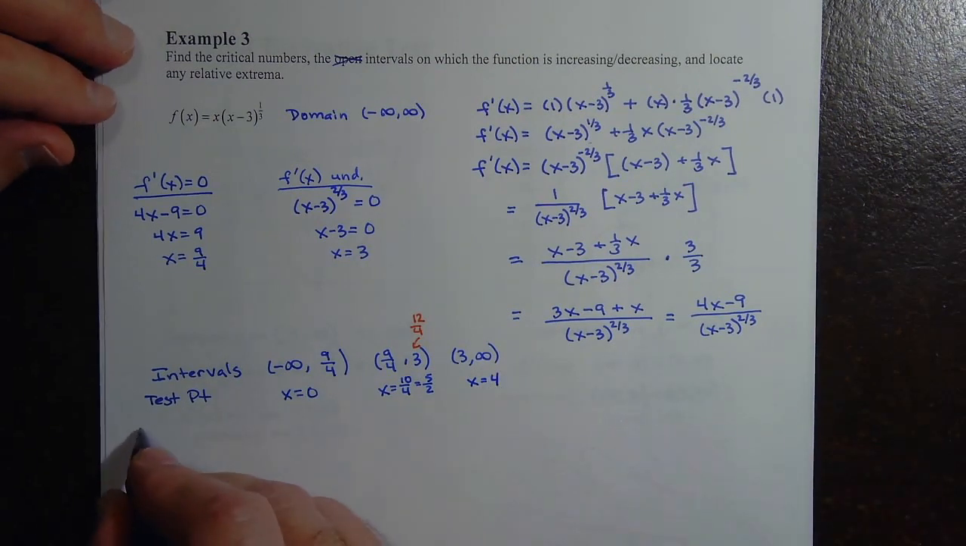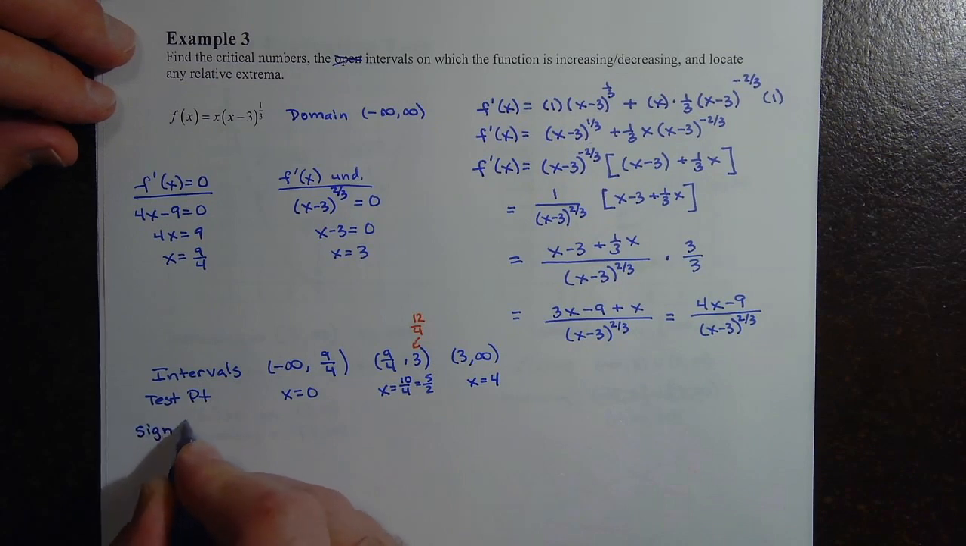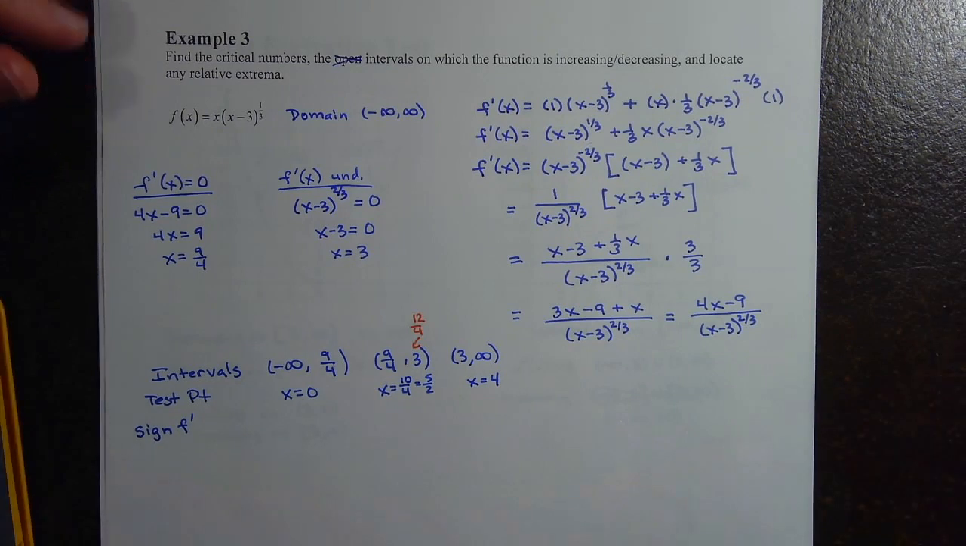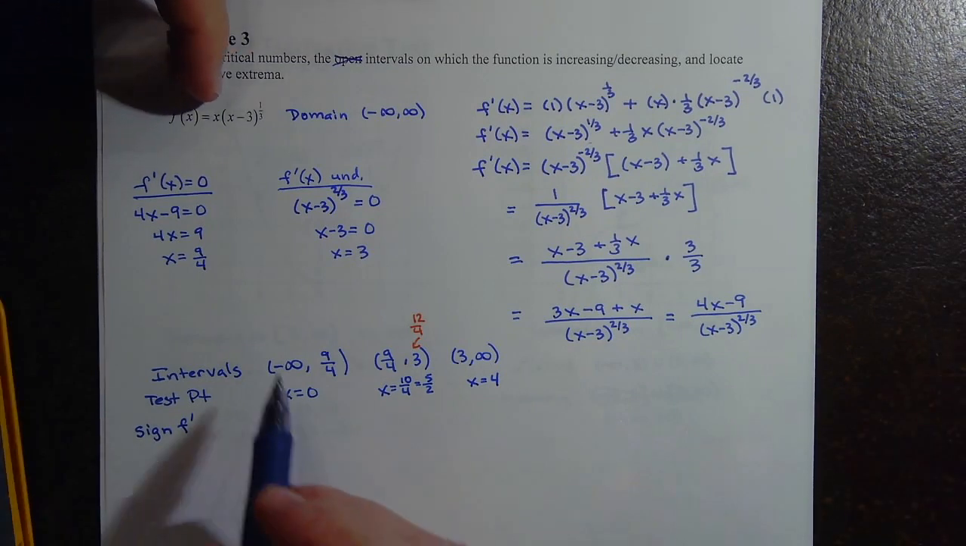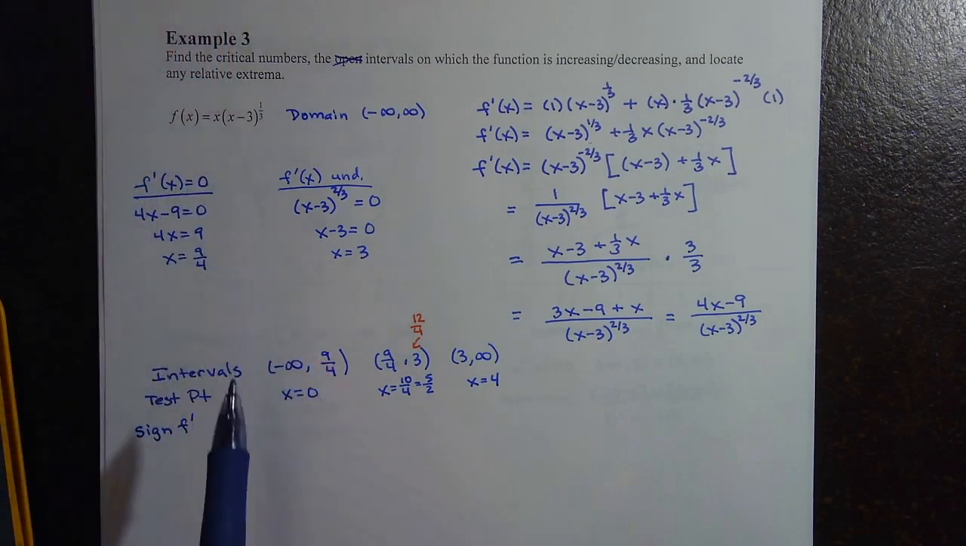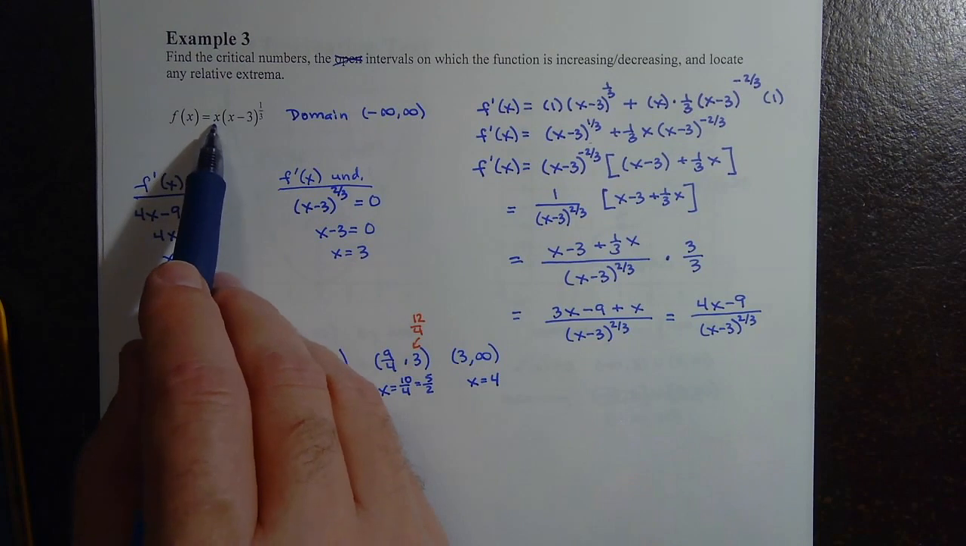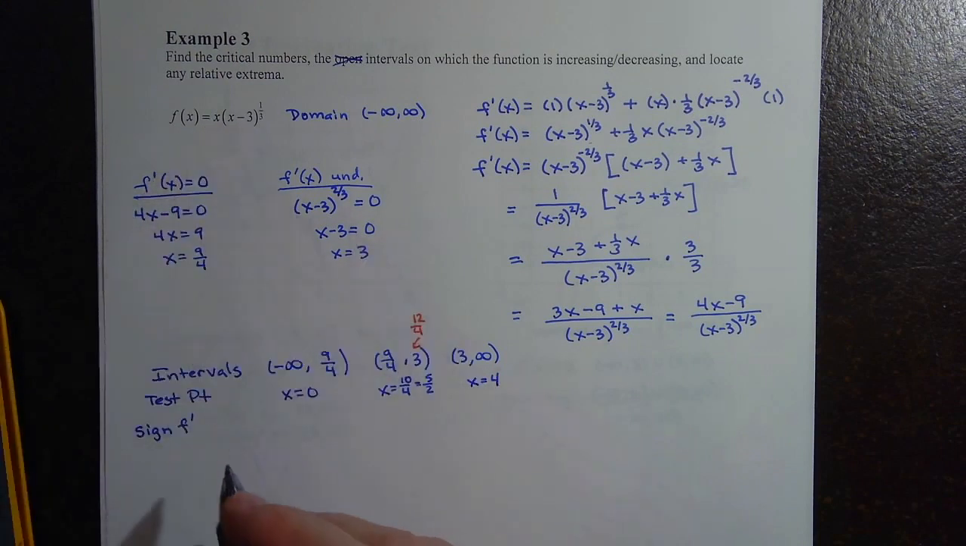And then we're going to look at the sign of f prime. Some of these are going to be easy. This one right here, if we put x equals 0 in here, this one's going to be 0, and so the whole thing is going to be 0, right? So the sign of